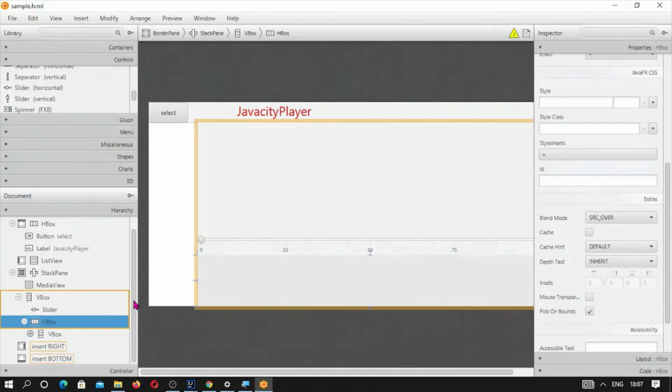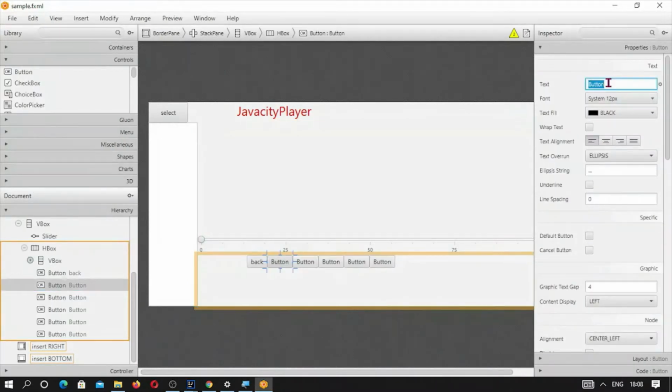Okay, we have to take first 6 buttons. We have to take back, play, forward, pause, stop, and replay. Okay, next one is forward button. Next one is stop button.